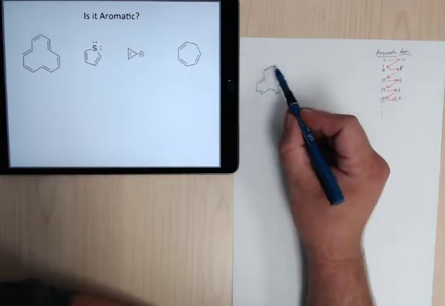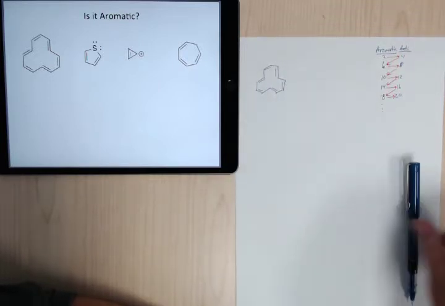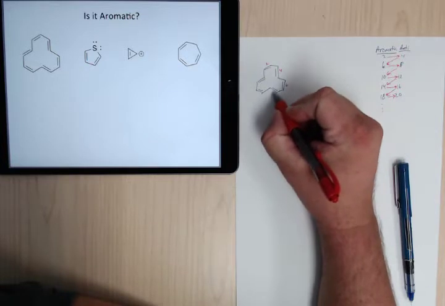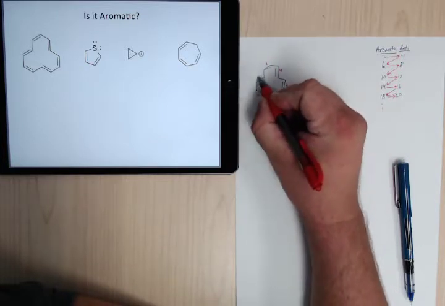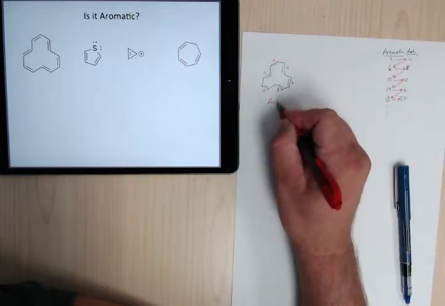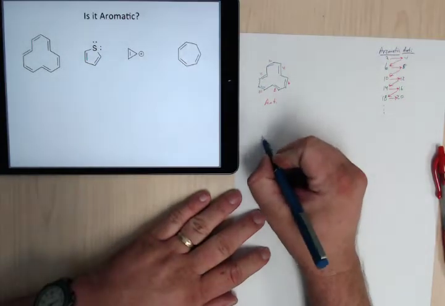now every carbon here is part of a double bond. Here, here, here. Okay, so let's start counting. 2, 4, 6, 8, 10, 12. So that's over here, so this is going to be 8. Okay. So for this one,